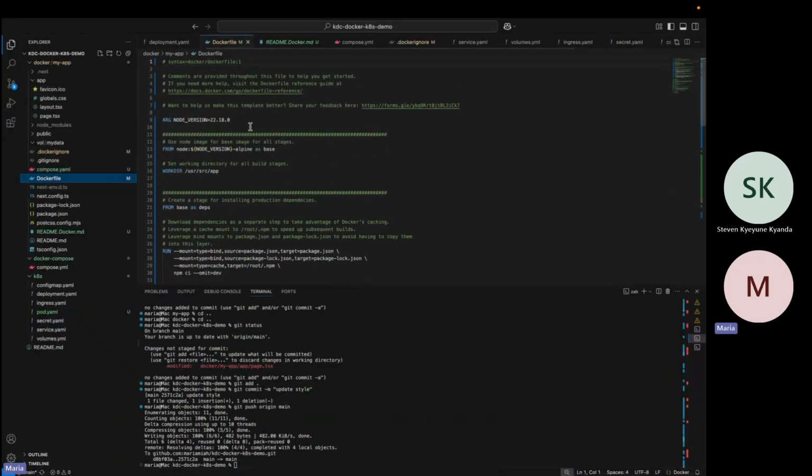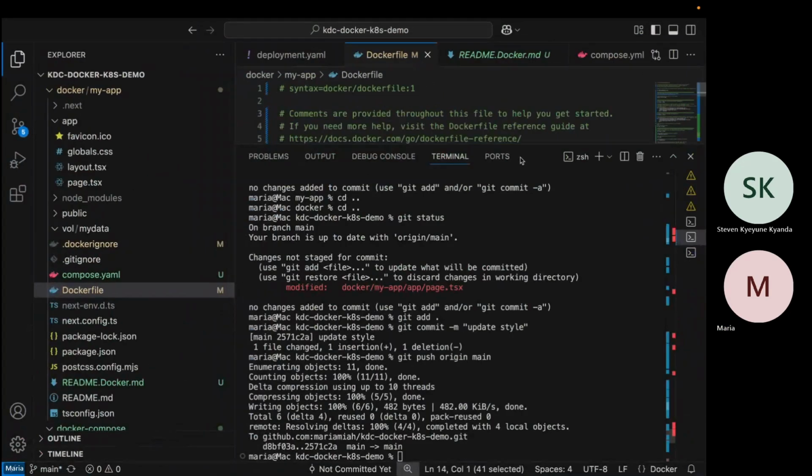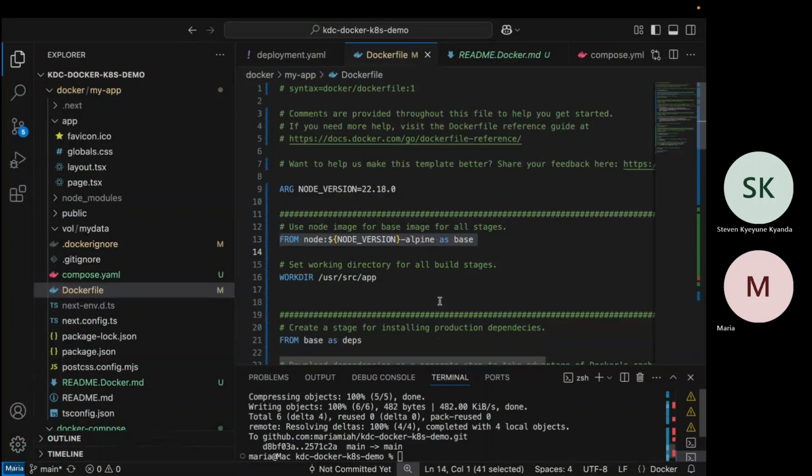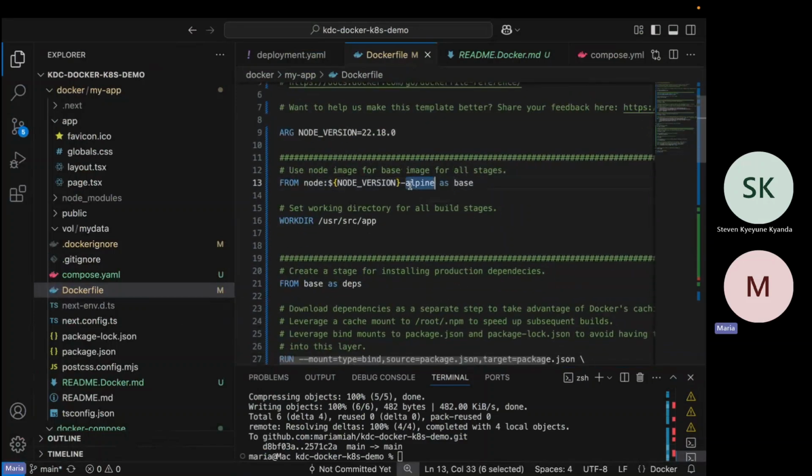For example, from Node version Alpine. So this is getting it from the public. So this is still getting it from our public. So it's getting Node 22.18 Alpine.